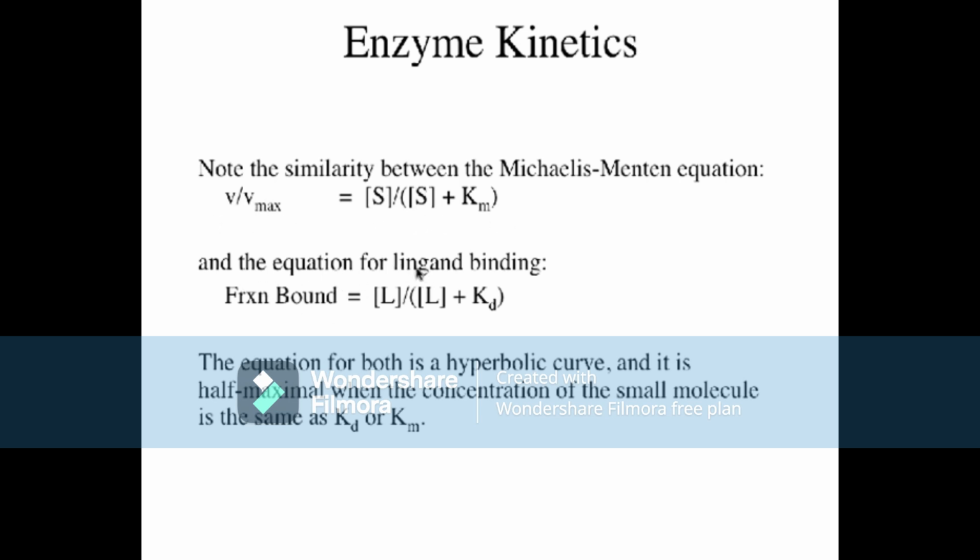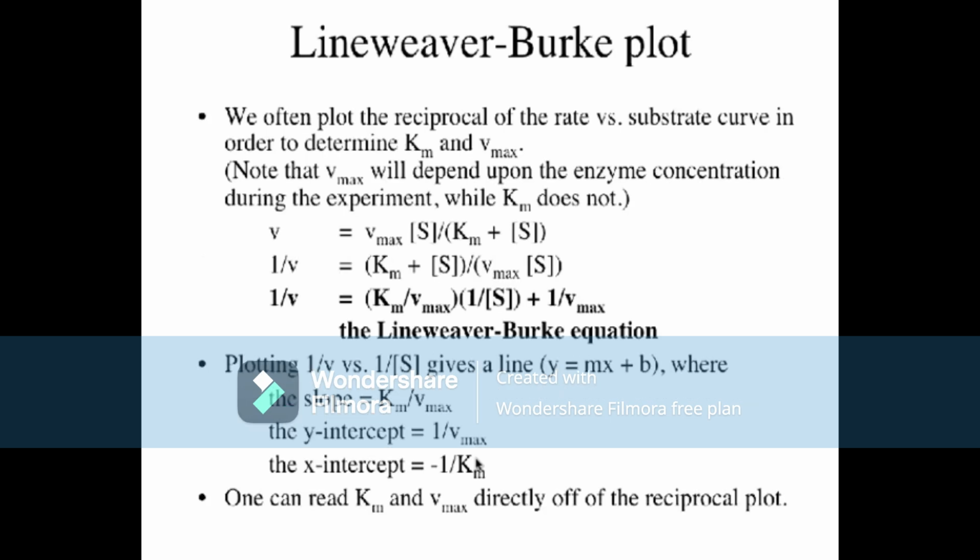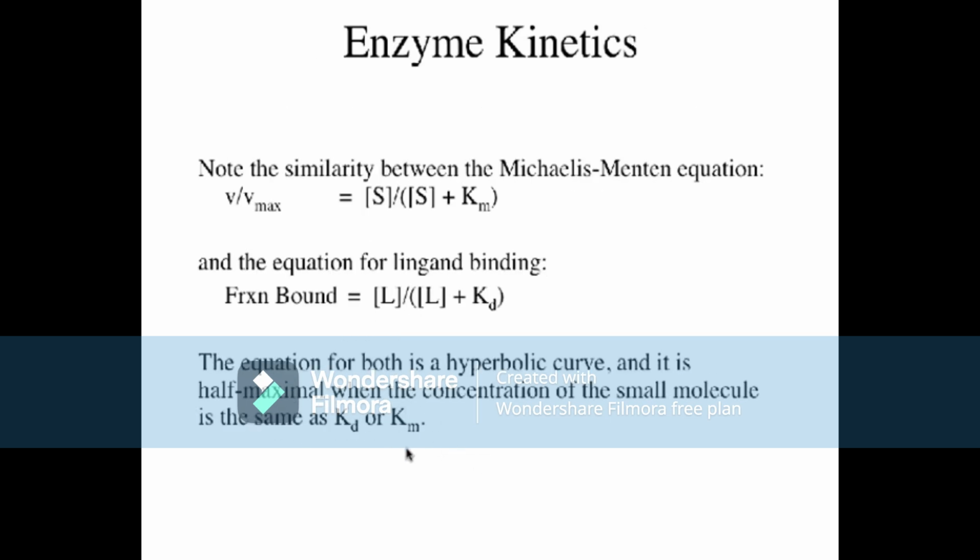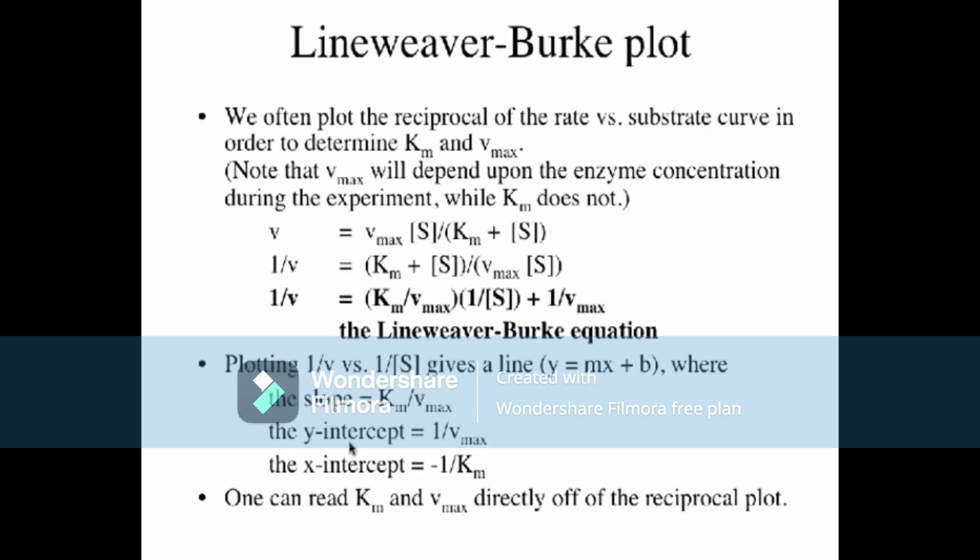The fraction of the maximal velocity, the actual velocity over maximal velocity, is S over S plus Km. For ligand binding, as a fraction of the maximal ligand you can bind, it's ligand over ligand plus Kd. Okay, so they're both hyperbolic curves, and they're half maximal when the concentration of the small molecule, either the ligand or substrate, is the same as Kd or Km. So ligand to Kd, substrate to Km. So Km is for substrates what Kd is for ligands. Okay? Now,